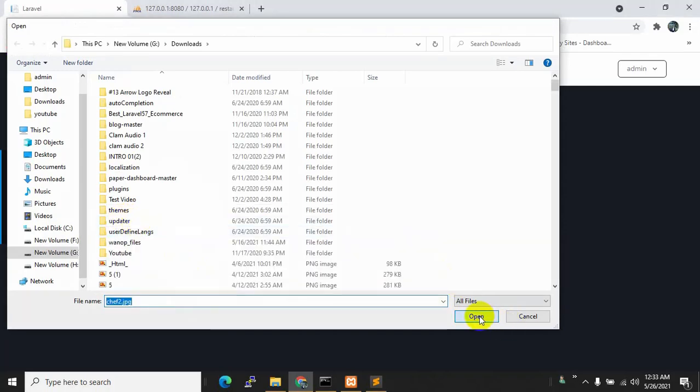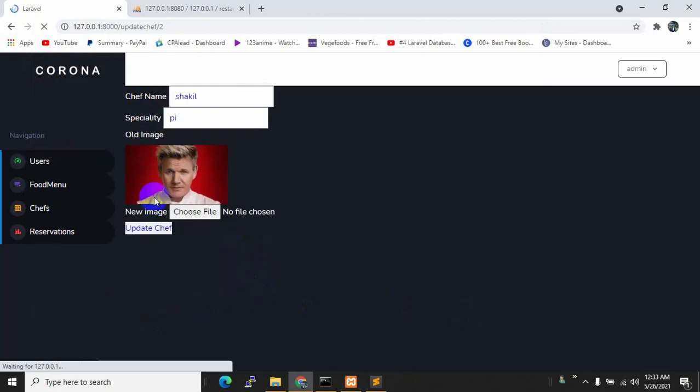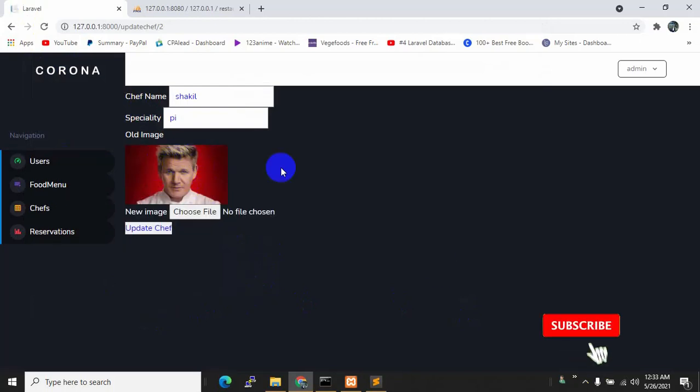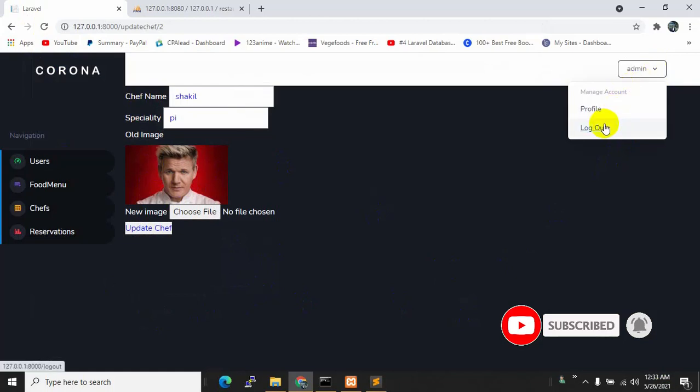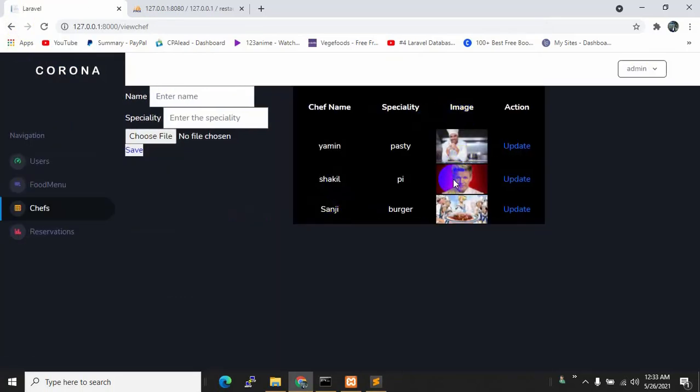So here you can see chef2.jpg. Now if I click update chef, it will refresh and come with a new image over here. Okay, now let's go to our chef page, and you can see that the image changed over here as well.